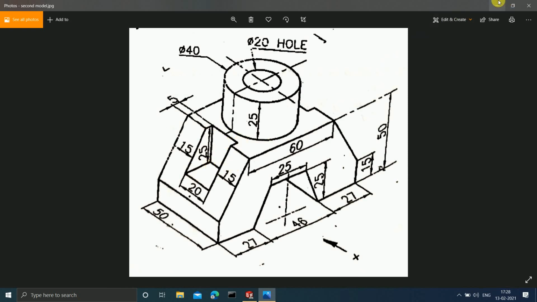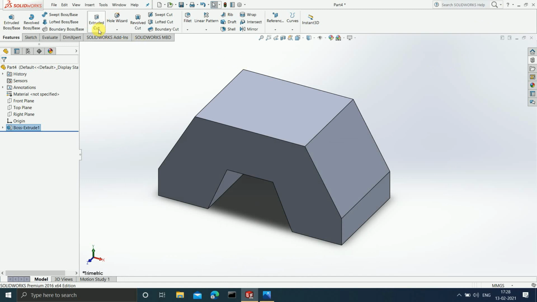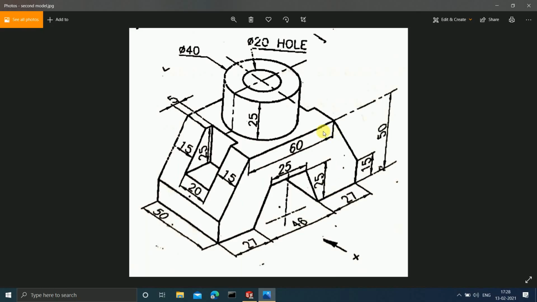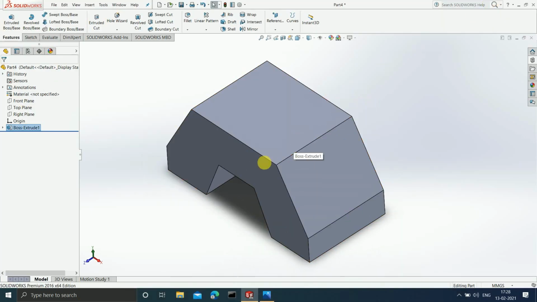So therefore, even if you want to use the extruded cut command, you must first have a sketch. Now where are you going to draw a sketch? Are you going to draw a sketch on this plane or are you going to draw a sketch on this plane? No. If you observe this, cut that you can see is exactly in the between. Therefore, what I did was that when I used the extruded boss base command, I choose the front plane to be my mid plane. Okay, so what happened was that my extrude command was extruded on both the sides of the front plane. So now when I want to use the extruded cut command, I can simply draw a sketch on this front plane and again I can use the extruded cut command, which I will explain here.